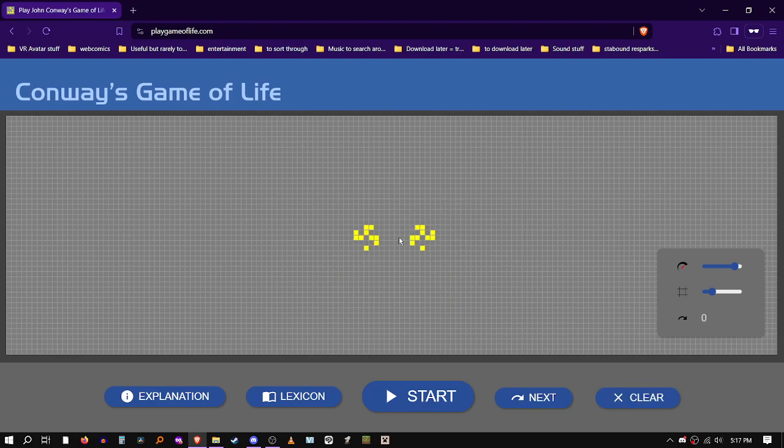Reset. So, at a distance of 6, they don't interact at all. Facing away from each other. 1, 2, 3, 4, 5, 6. And then if I do this, then